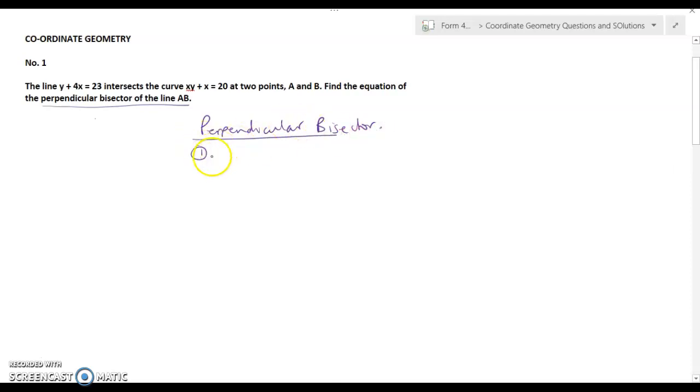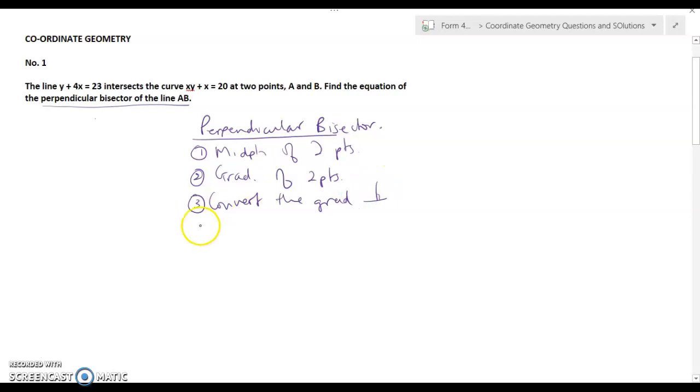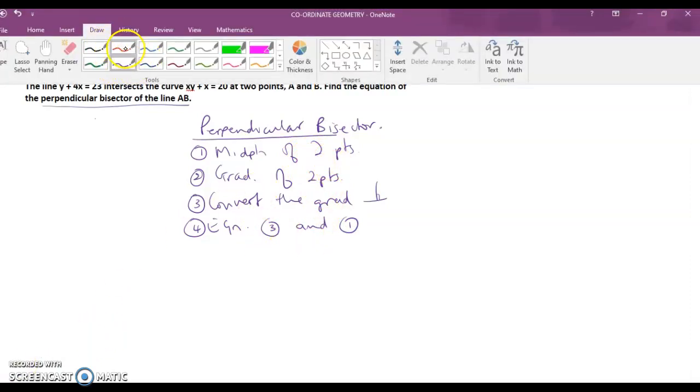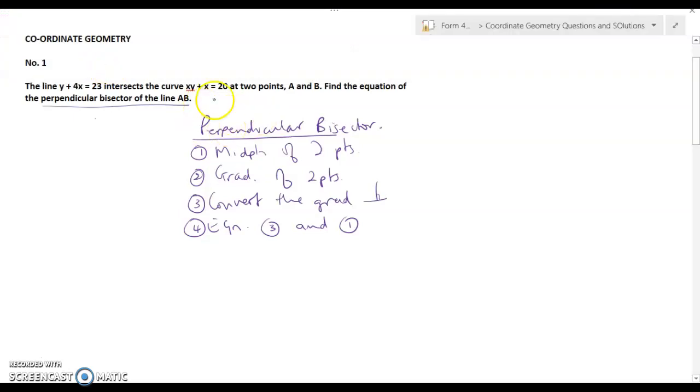first thing, you have to find the midpoint of the 2 points. Then you have to find the gradient of the 2 points. You have to convert the gradient to the perpendicular gradient. And then 4, we have to find the equation of the line using 3, the gradient from the perpendicular, and 1, the midpoint of the 2 points. Right? So now that we know this, we have to go back to our question and see, okay, do we